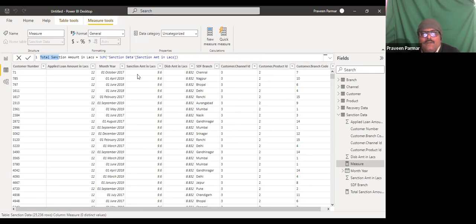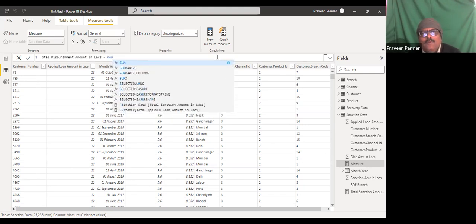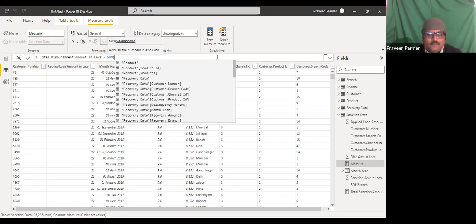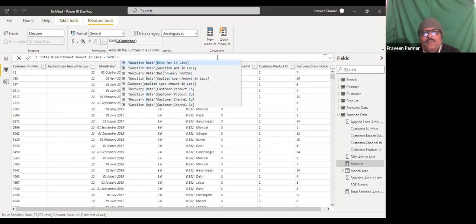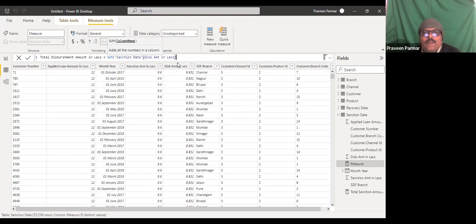And here in the new measure, we name it total disbursement amount. Disburse. Sum, and disbursement amount in lakhs.